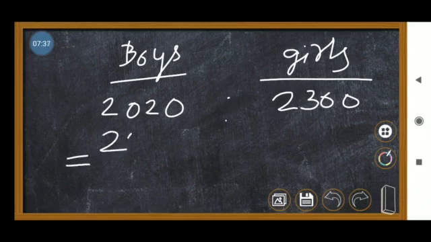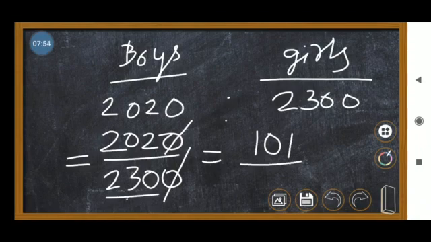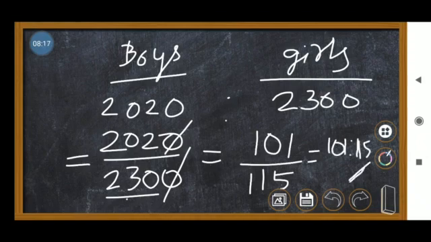So we have to write 2020 divided by 2300. So we can cancel this, and any other table we can divide? Yes, it is possible, 2 table. So 1 2s are 2, here 0 and 1 2s are 2. Next one, 1 2s are 2 and 15 2s are 13. So 115, any other chance is there? Any other table will not divide both numbers. So leave it here. So 101 divided by 115 is the exact ratio. So 101 is to 115. Okay, so this is the ratio between the two.